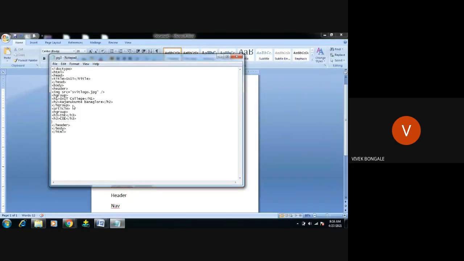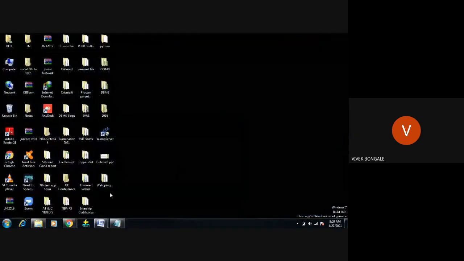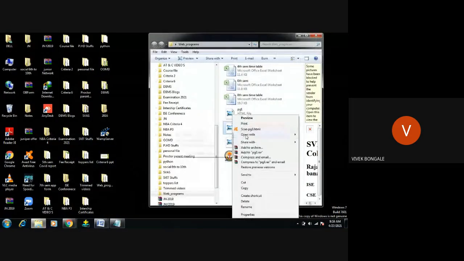I'm going to close that group, and we have to close that article also. Article, right? So close, save, and open the program. Open with Google. See, I got the result, right? So either you can use the hgroup under the header, or you can use the hgroup under the article. So it works.